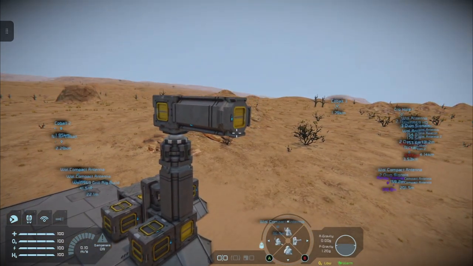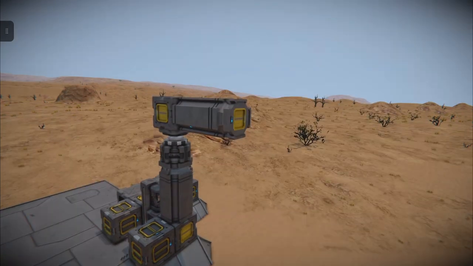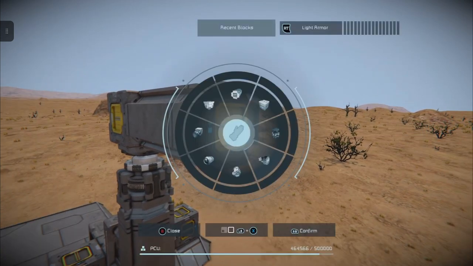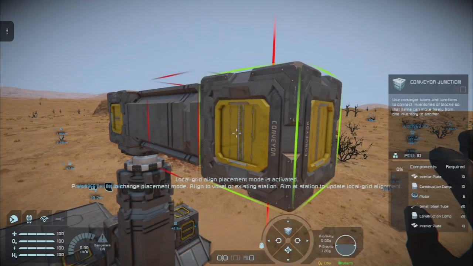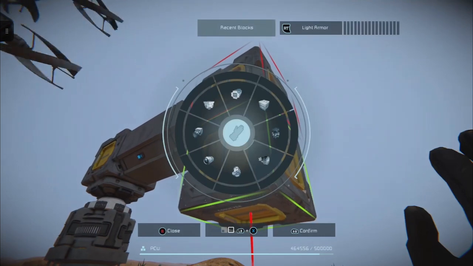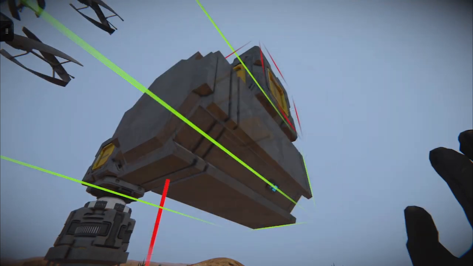Just a quick save, both bumpers, press X, and another conveyor junction, and one final fun time.